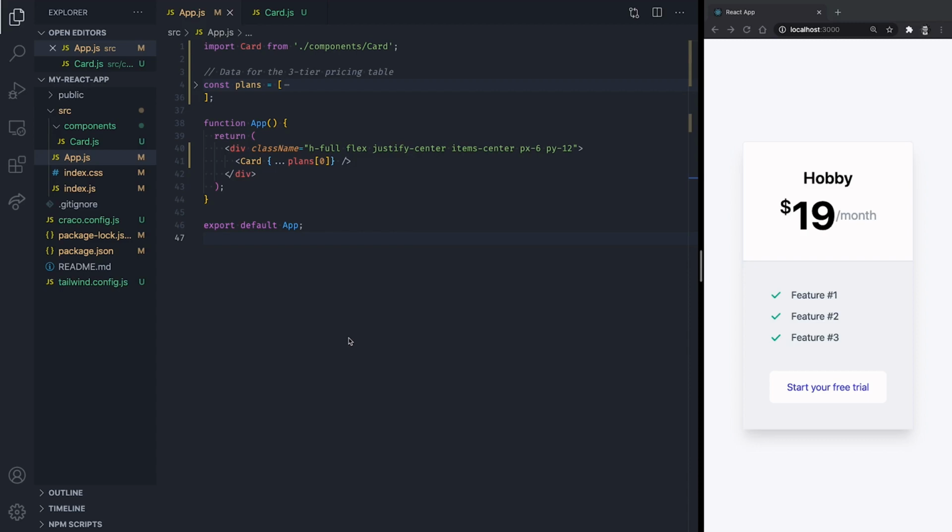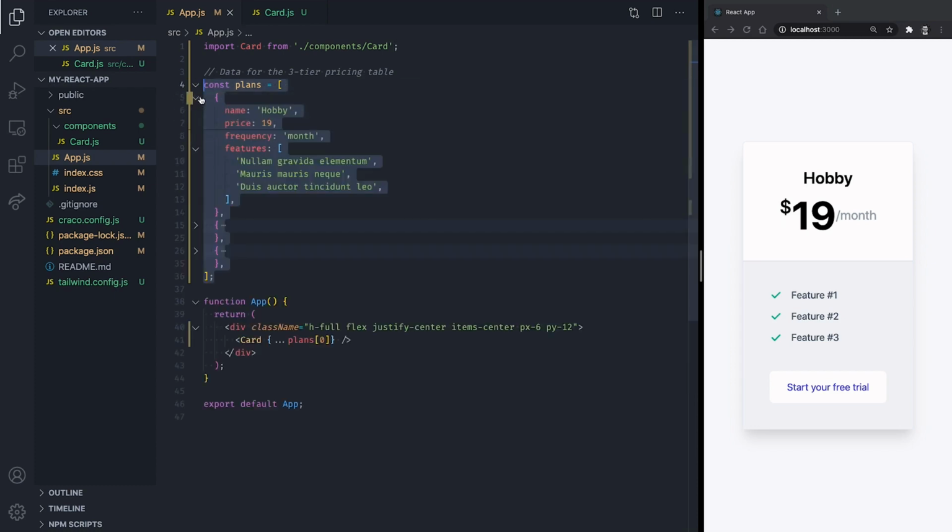As we are building a 3-chair pressing table, we need to render our card component 3 times with the corresponding data for each of the 3 pressing plans. Here, I've created an array that contains the data for each pressing plan as an object. This is usually the kind of thing you will need to fetch from an external source via your API, for instance. In this project, for simplicity, we're going to use this data structure right away and pretend we fetched it